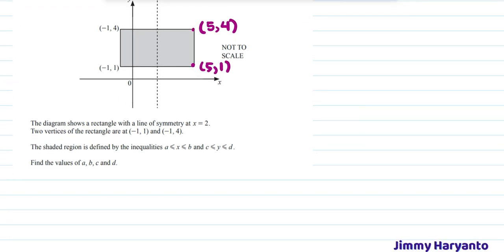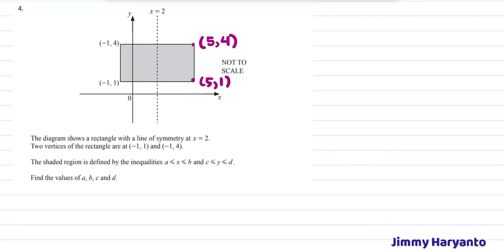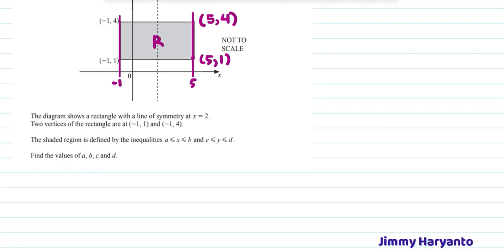Next is to find the inequalities. Okay, so first I want you to take a look at this line and that line. That is a vertical line at negative 1 and 5. And we can already see that the region is in between negative 1 and 5. That means negative 1 less than x less than 5. It's a full line, a straight line. That means you have to put equal to. This is our vertical line.